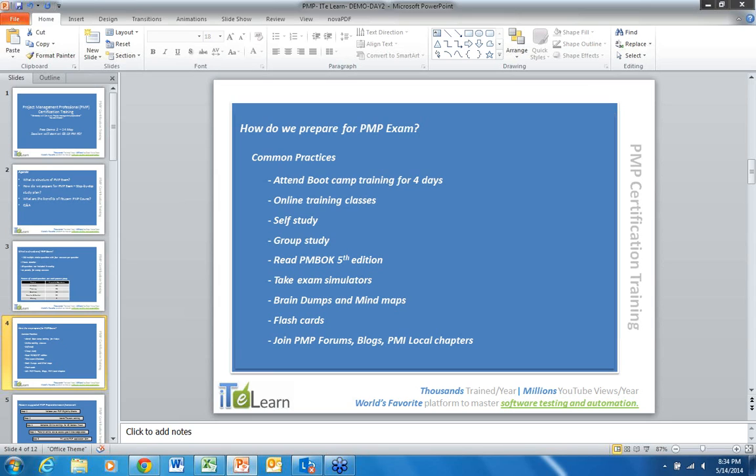Now what is the other way? Anyways we have to do the self-study. So why don't we do the self-study completely by browsing through or preparing through the material which is available online? This is quite tricky. It will help you, but if you're really managing projects in each of the knowledge areas and you really know all the terms, I would prefer self-study